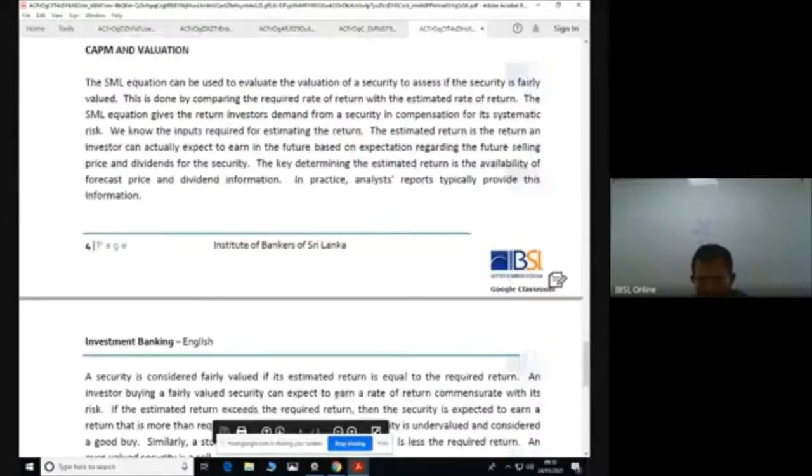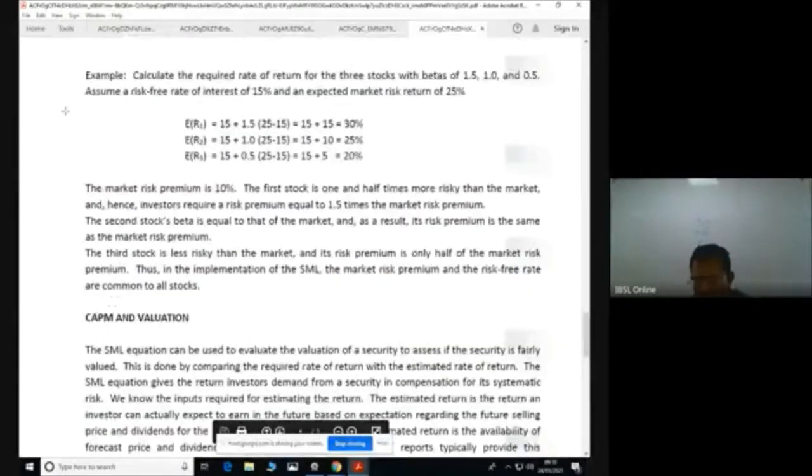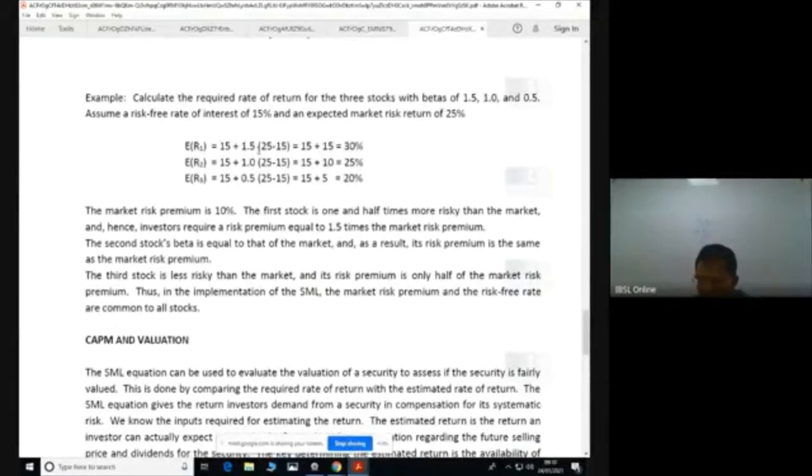Now this is only an application, right? I will not be taking this beta. Now see, this beta is also important. We'll be learning later: beta 1, beta less than 1, beta more than 1. If it is beta more than 1, it means it's aggressive. It is important when you are investing or calculating a share price. You decide which shares to invest in, so the beta value is important.